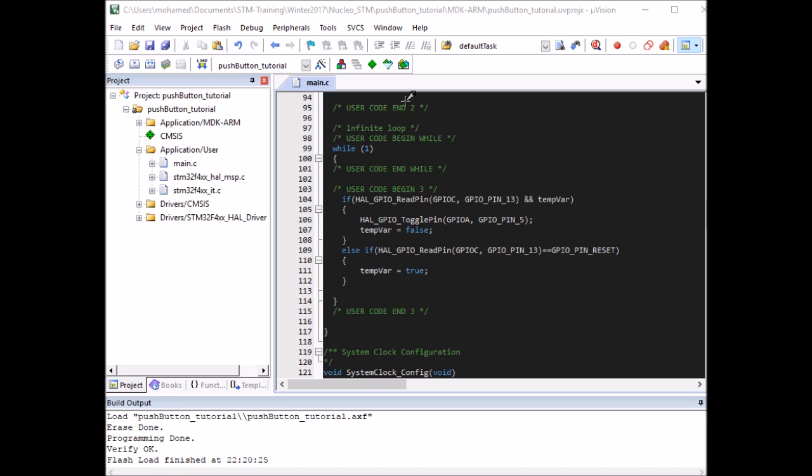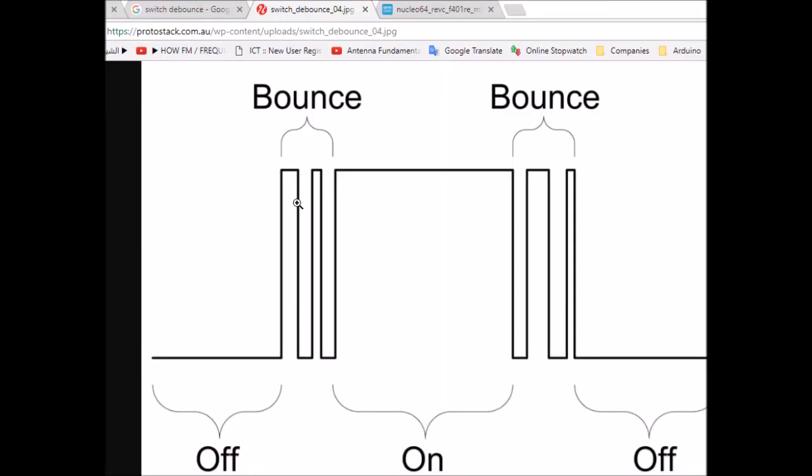I'll first explain a little bit what switch bounce is. So switch bounce is a mechanical change of the switch state. So when you first press it, it will have those bouncy signals and then it will settle high. And same thing when you release it, it will bounce a bit and then settle low. And this one lasts about 1 millisecond, maximum 3 milliseconds. So if we would wait for 5 milliseconds in here, it will be enough to get rid of the switch